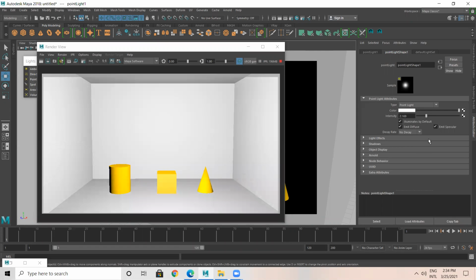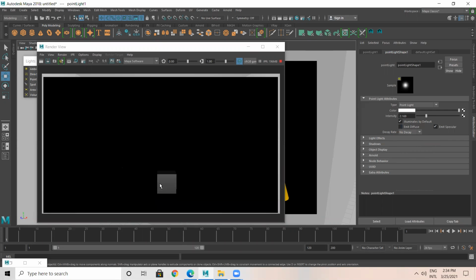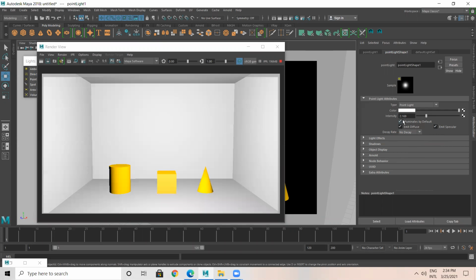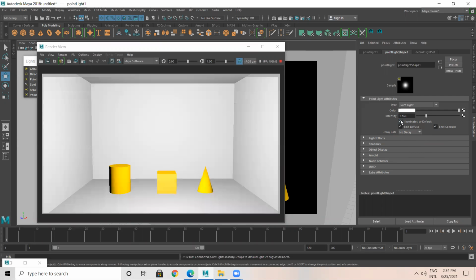How do you identify reflection? I can turn off specular. Now specularity is not there. I can turn off diffuse. Diffuse is nothing but color. Diffuse is gone, but specularity is on. Illuminates by default is on. Power on and off: I can turn power on or off. This is emit, diffuse, and